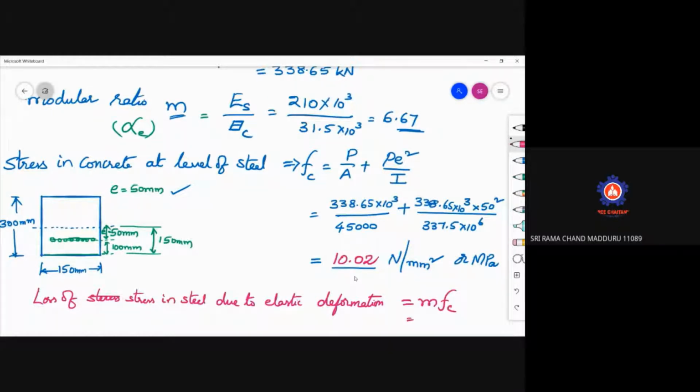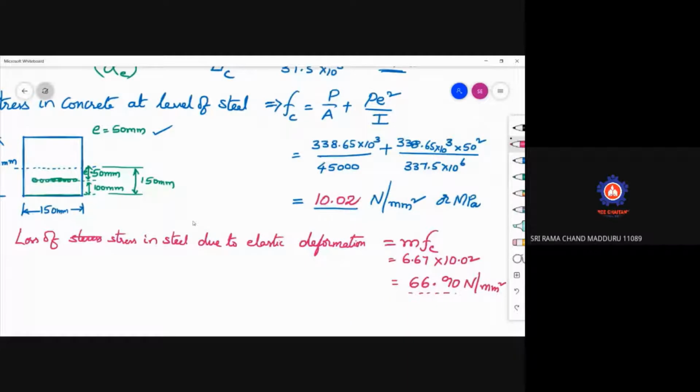So m is nothing but you have already written 6.67, which is obtained from here, into 10.02. We will write down percentage loss here. Percentage loss of stress due to elastic deformation